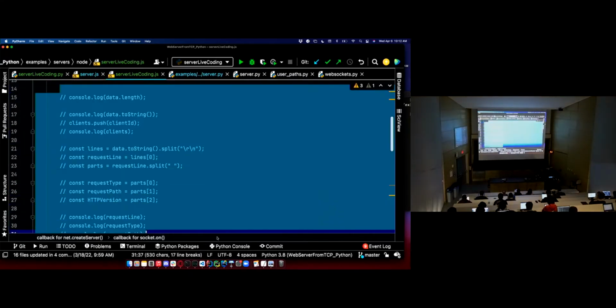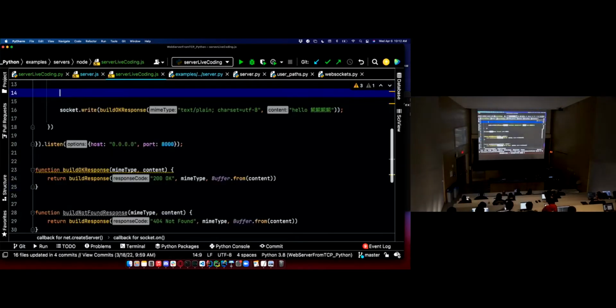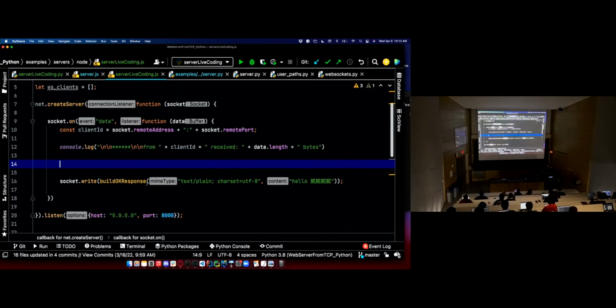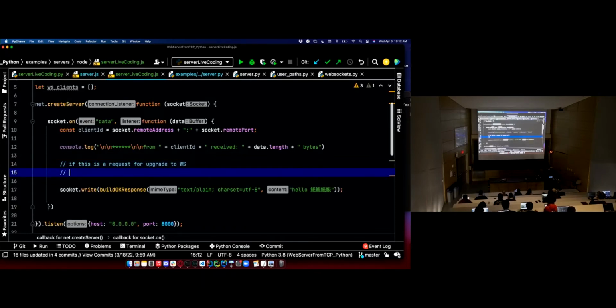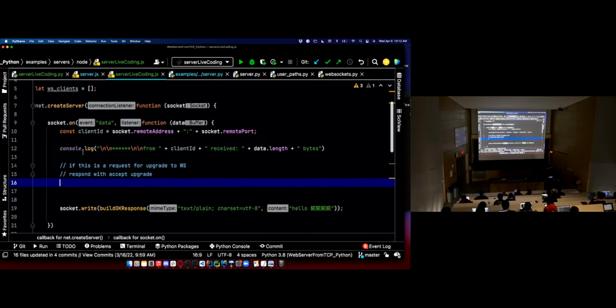let me just get rid of all this. Now we want to check one important thing. Well, actually, let me just do the whole thing. If this is a request for upgrade to WS, respond with accept upgrade, I guess would be the way to call it. And then we want to add this client